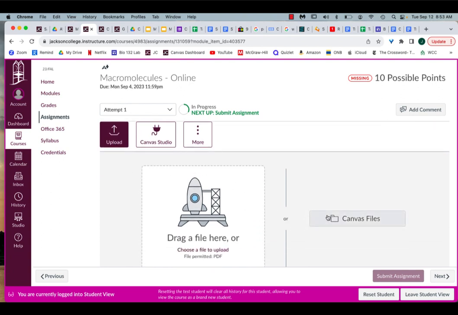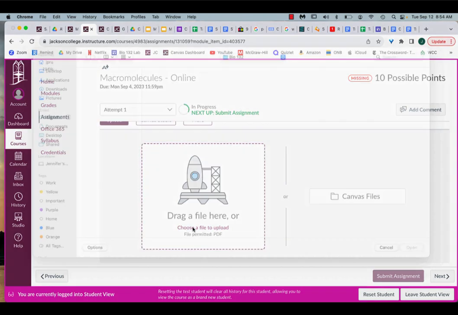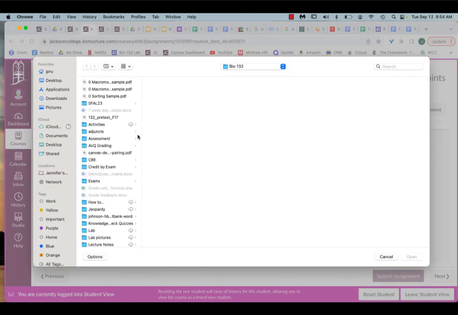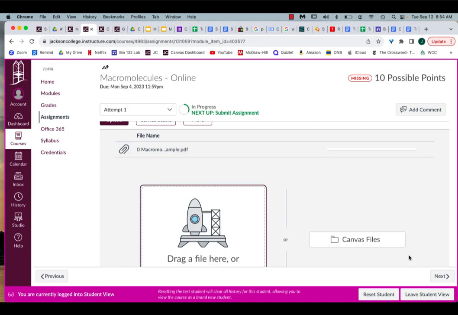Now, I suggest you stay away from Canvas files. Things often get messed up over there. So the easiest thing to do, since you have those files saved on your computer, is either drag and drop them in here, or you can choose files to upload. So I have mine saved in my Bio 132 folder, and you can see that I have them right here. So here's the building sample. I'm going to submit that one first,